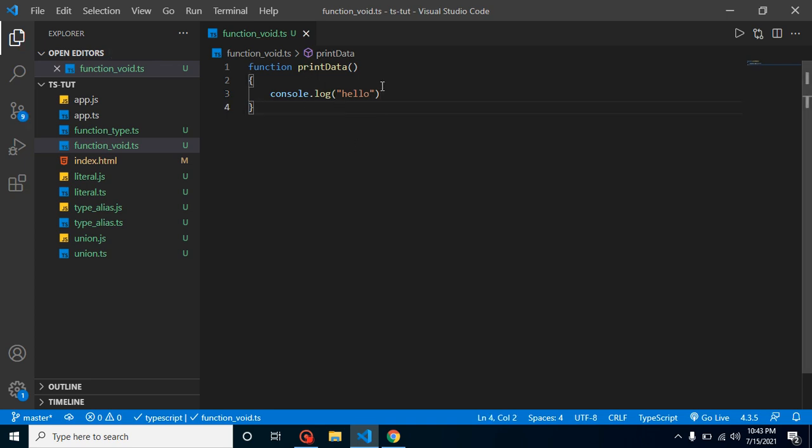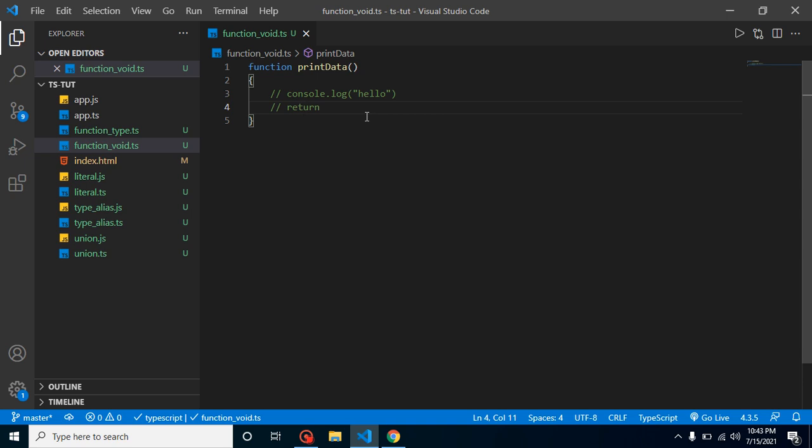Why? Because it is not actually returning something. If it were returning something, let's say 10 or true or false, that would be a boolean, number or string type of function. But if it returns nothing, this is a void function.